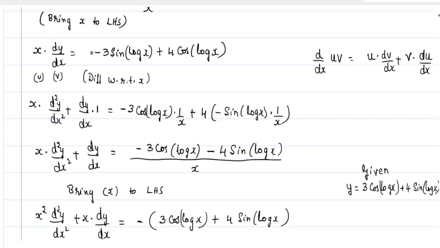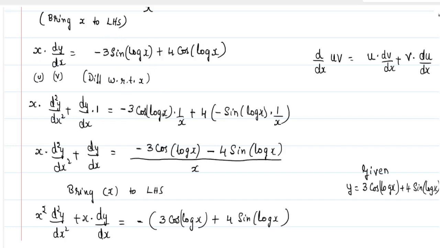Now we'll differentiate this function with respect to x. We have two functions here, x and dy/dx, so we need to use this UV rule. On applying this UV rule, we get u into dv/dx, that is x into d square y by dx square, plus v into du/dx. V is dy/dx and differentiation of x is 1, equal to minus 3,